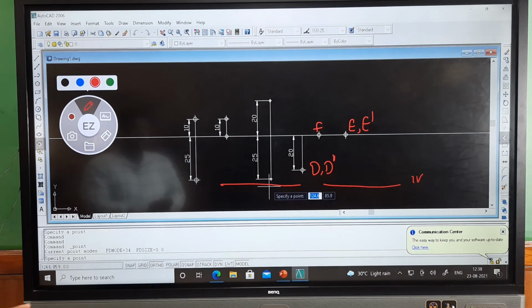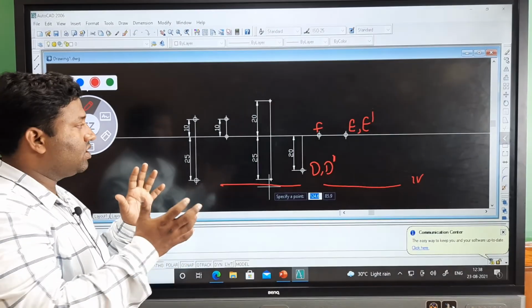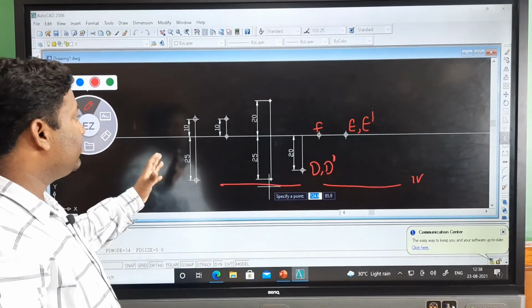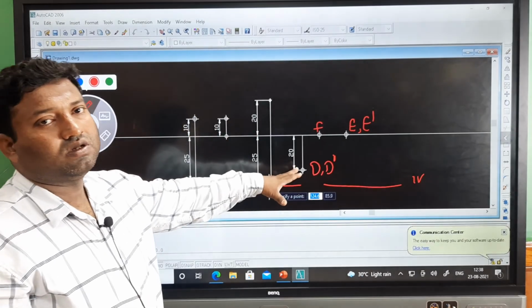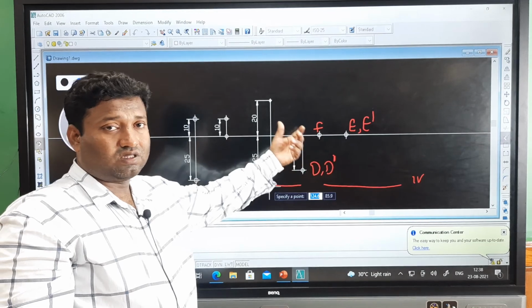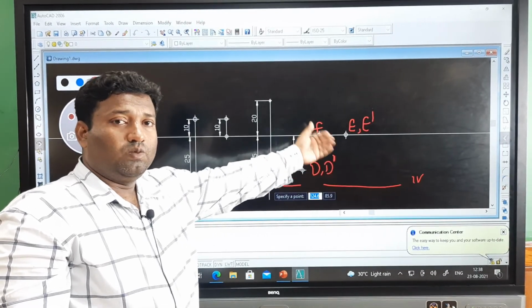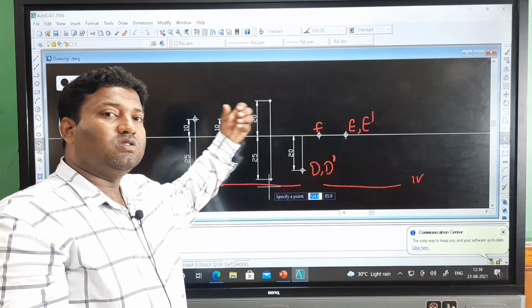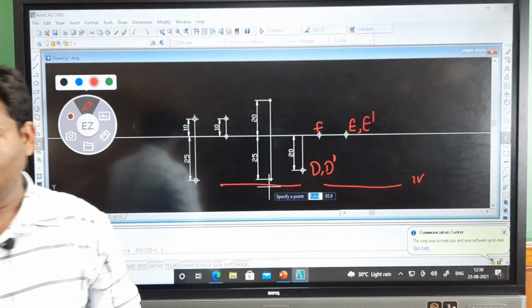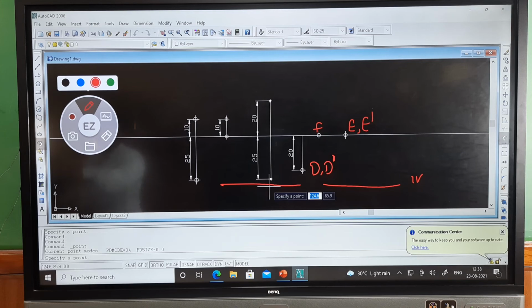In this topic, we are representing the point in different quadrants. So here we have represented the 4 quadrants with the point, and we have represented the point on the reference line and on both the planes. So whenever the object is in the different quadrants or on the plane, in this way we have to draw the diagram. Okay guys.